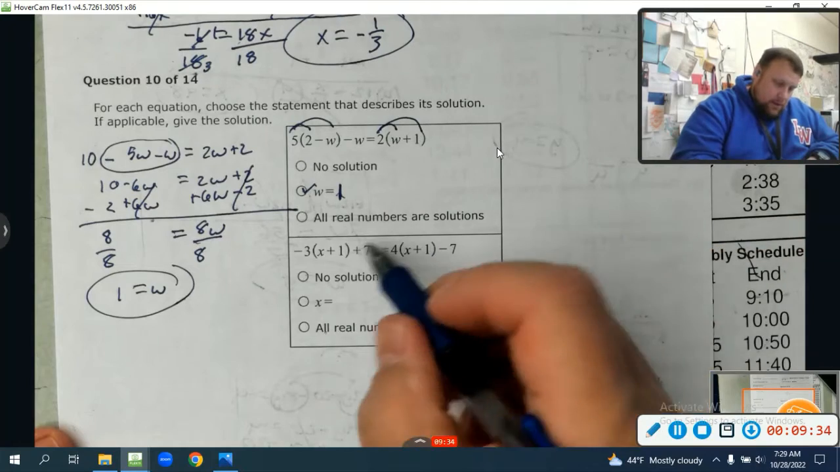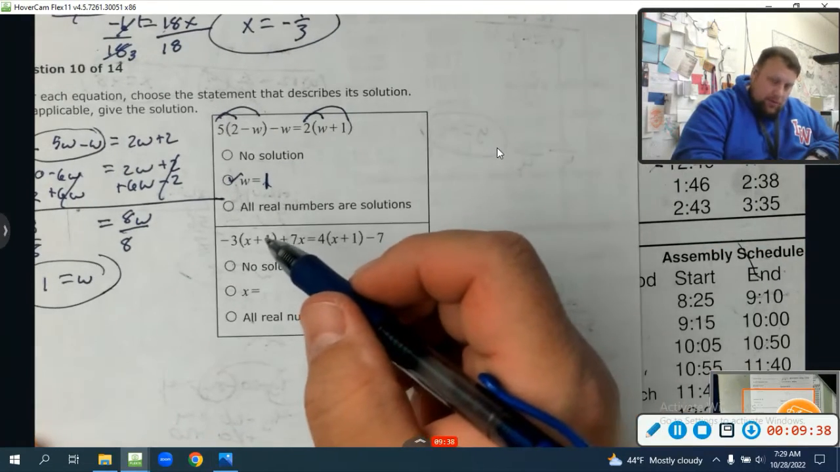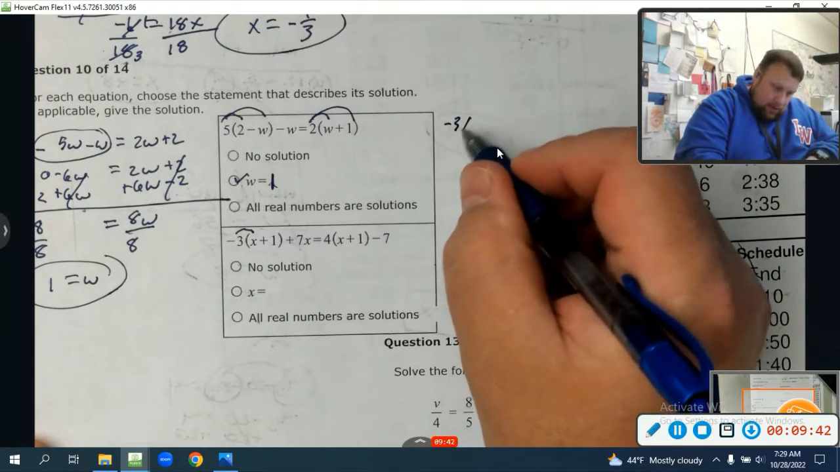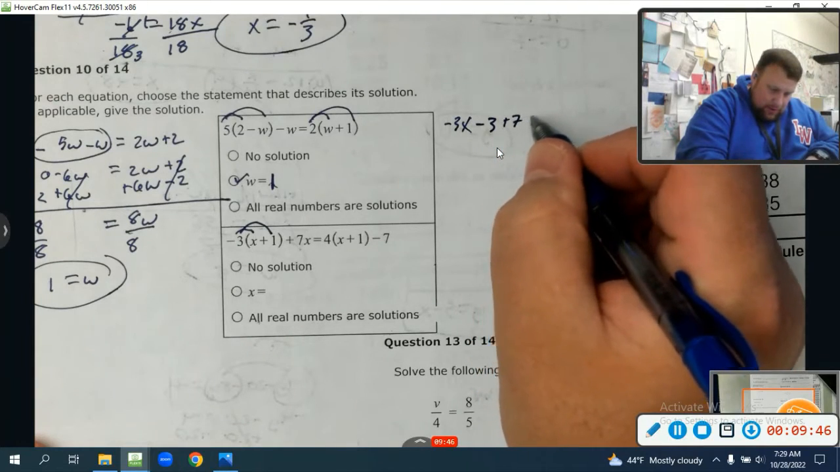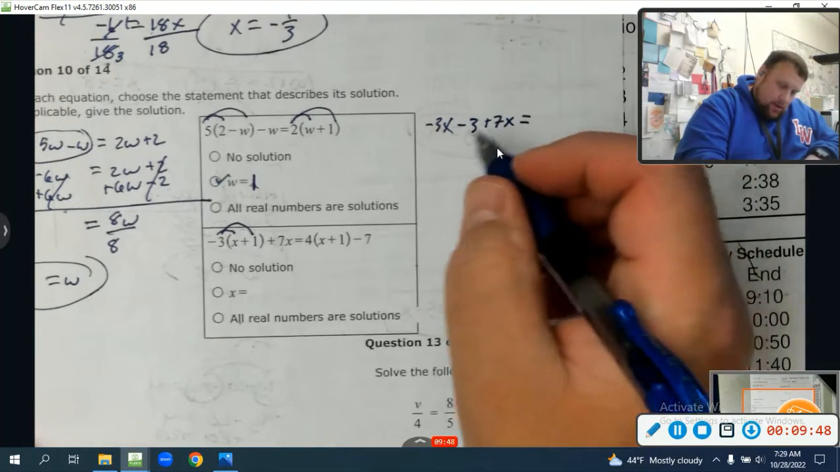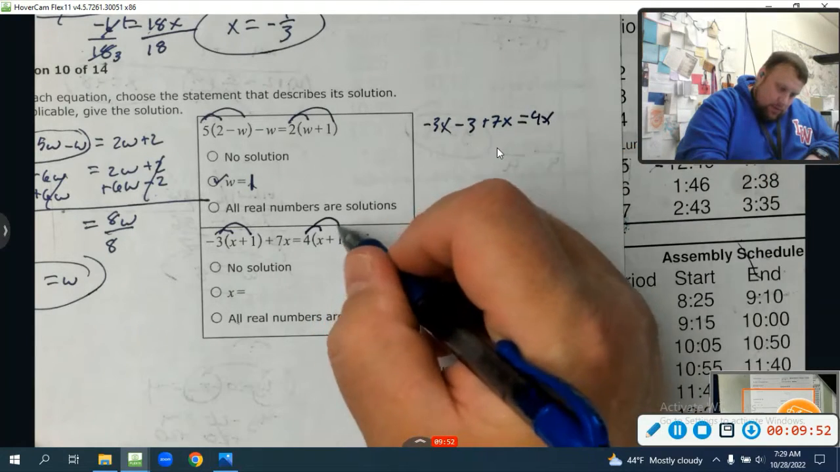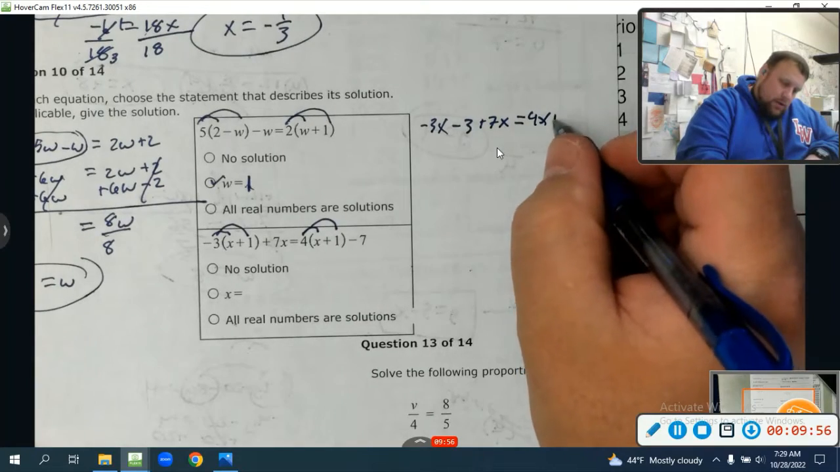All right. Let's go ahead and do this one down here. Looks a little bit trickier possibly, but not too bad. So negative 3 times x is negative 3x. Negative 3 times 1 is negative 3 plus 7x equals, and then 4 times x is 4x times the 1. Remember, distribute, Junior. Plus 4